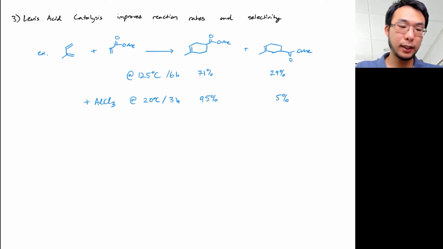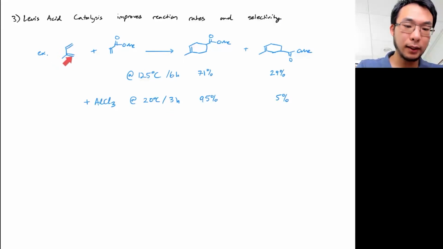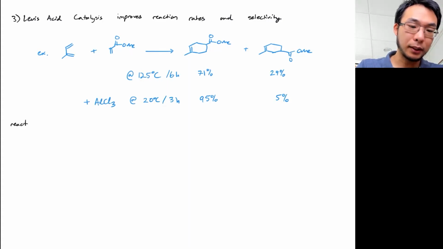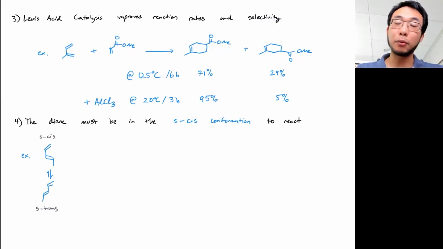So you may have noticed that I've always drawn these alkenes like this, matching the formation of the cyclohexene ring. And that should intuitively make sense because that does match the formation of the ring. But it does turn out to be important that we consider the conformational possibilities in dienes. So for a Diels-Alder reaction to take place, we need our diene to be in the s-cis conformation, which is